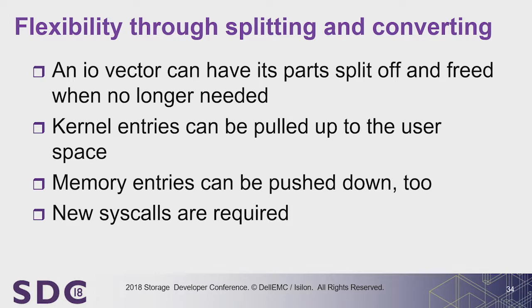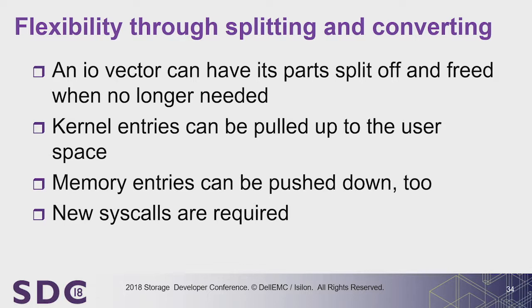Now, on the receiving end, it's useful to be able to chop certain parts off the IO vector as we receive them. We receive something, I don't know, 4 kilobytes of a packet. We know what to expect, so we can split off the header first, we can split off, for instance, the write requests, and then just deal with individual pieces as we go. That includes releasing them if they are no longer needed, because after we have dealt with the header, we really don't need it, so we can release that. If needed,